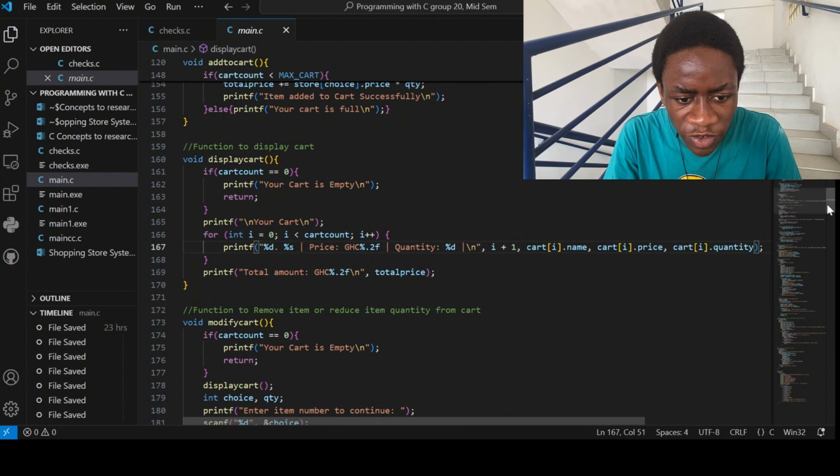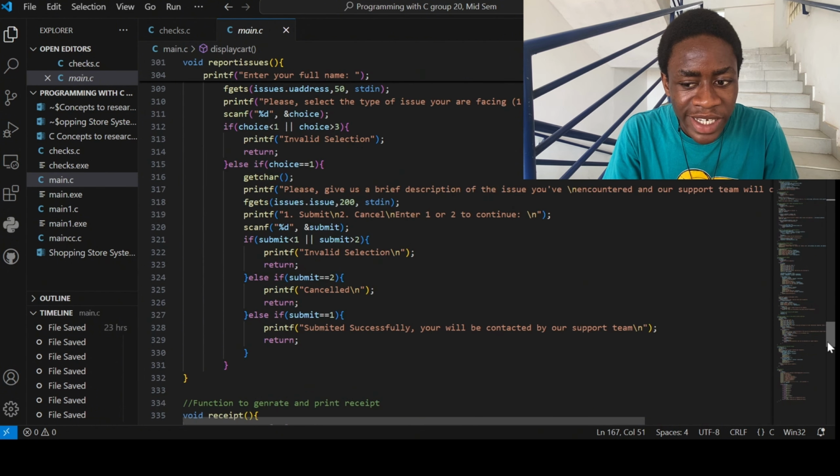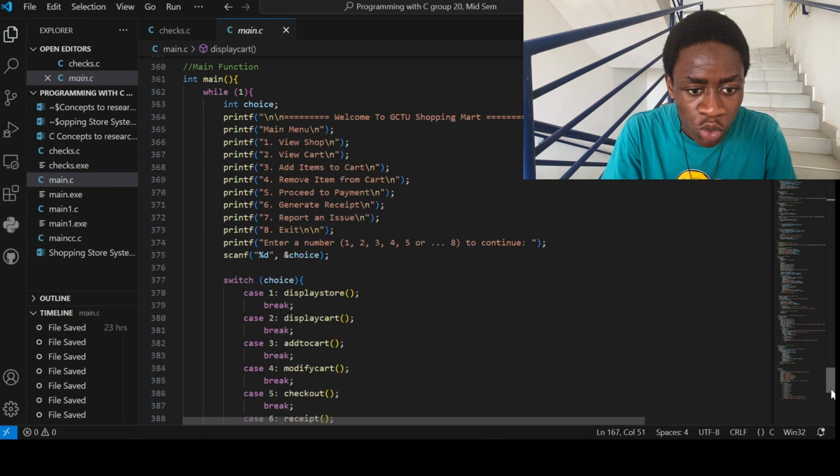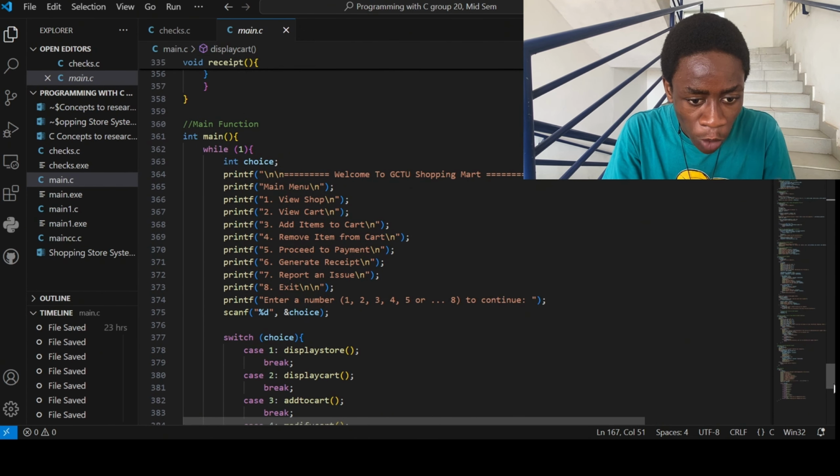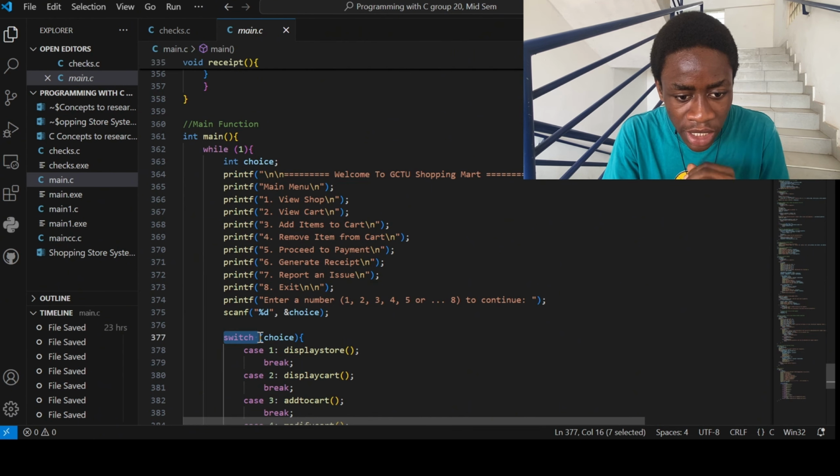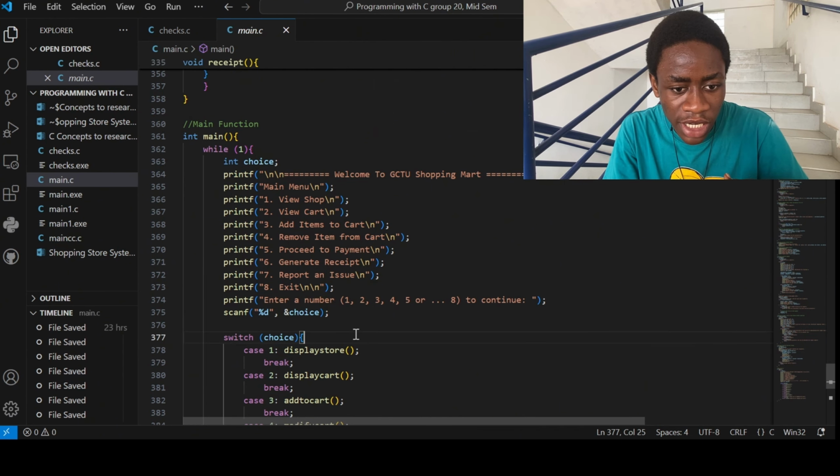Next, we come straight forward to the main menu that displays. We come to the main menu that displays the view shop and view cart. We use a function in C called the switch. What this does is that it checks the